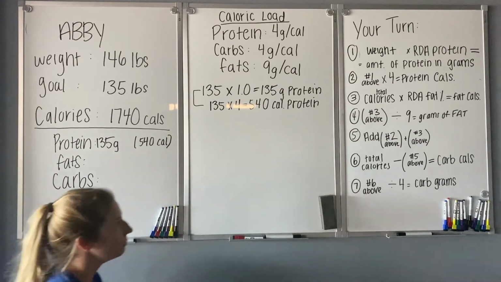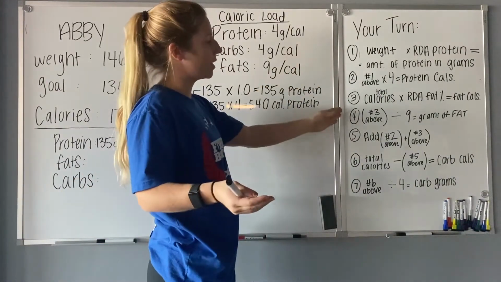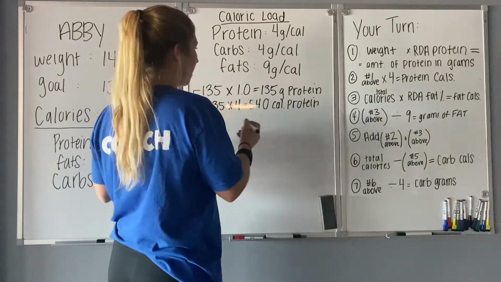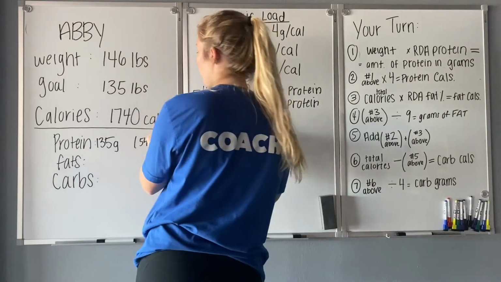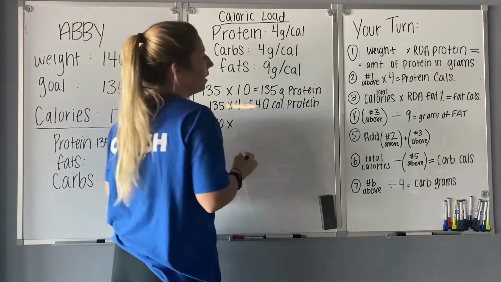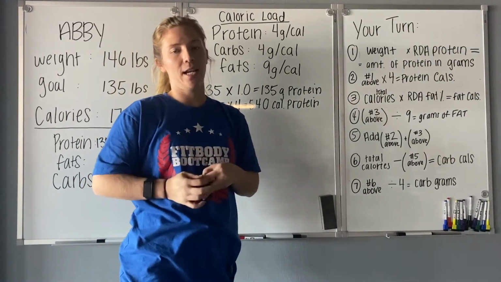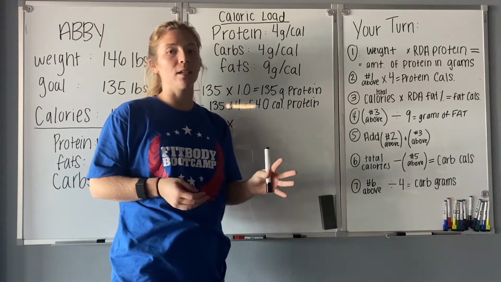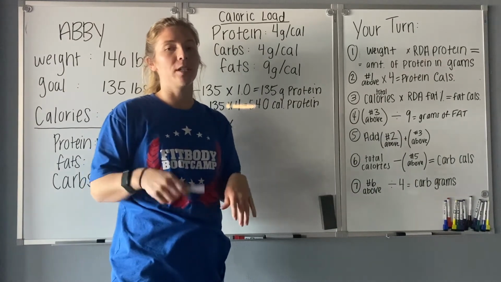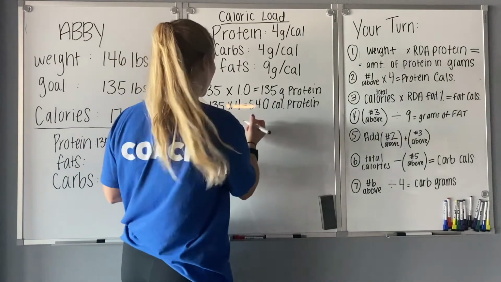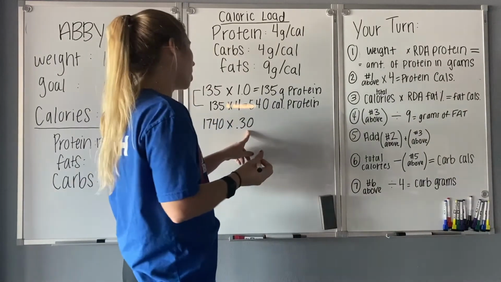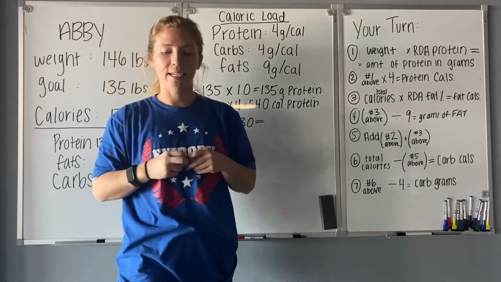All right, step 2, or as we move down, it's actually going to be step 3, but we're going to look at fats. So for fats, I'm going to take my total calories, which we know is 1,740, and I'm going to multiply that by my recommended daily fat percentage. That could be anywhere from 20% of your diet to 70% of your diet based on your goals and your body composition to begin with. For me, I'm going to go ahead and use 30%, so 0.30, and that is going to give me